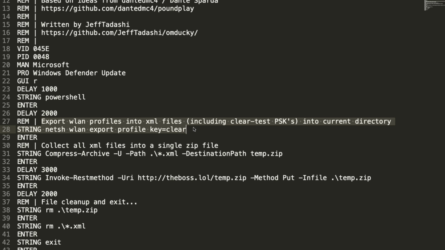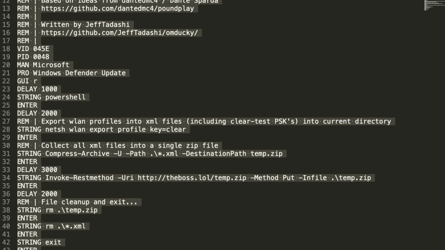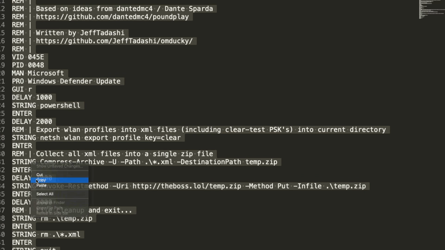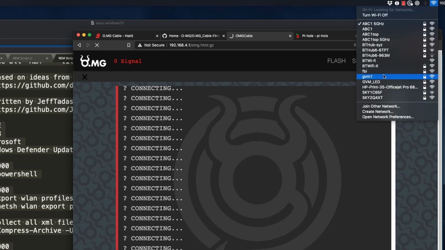get all the pre-shared keys and export them into a directory. So they're going to be put into this temp directory, and then that's going to be copied to the web server. So I mean, I could copy this entire script. Rem is just comments, so you could get rid of those. I'll connect back to my O.MG cable